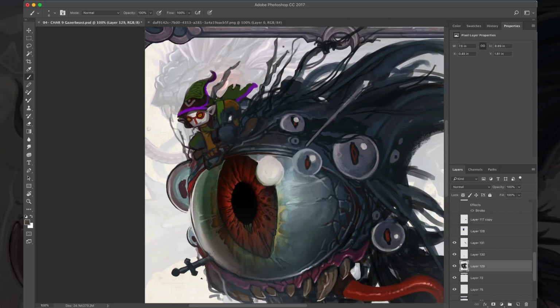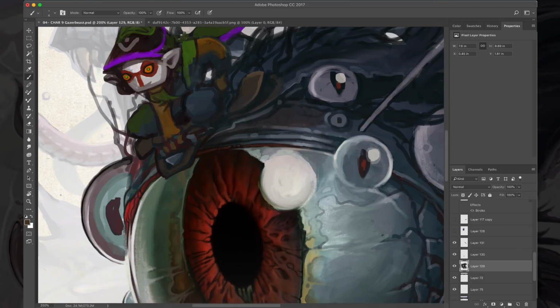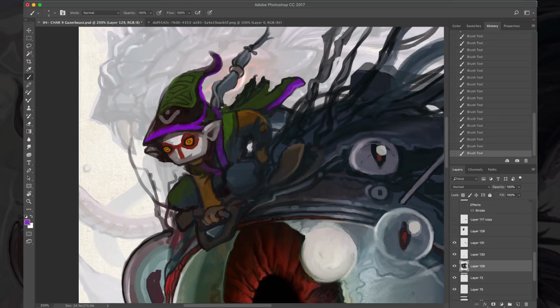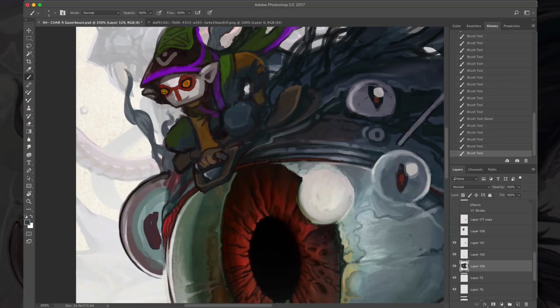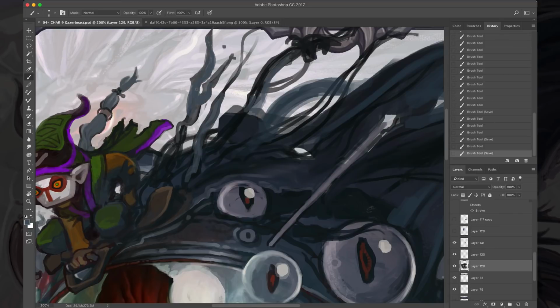Show people that you're developing. Show people that you're doing tutorials and practicing your craft. That's awesome. It is not, however, appropriate to put in your concept art portfolio if you're applying for a job in games. A concept artist working in games never gets hired to just paint a dog or paint a guy in a suit or paint a close-up of a human face, unless there's something unique and interesting about that